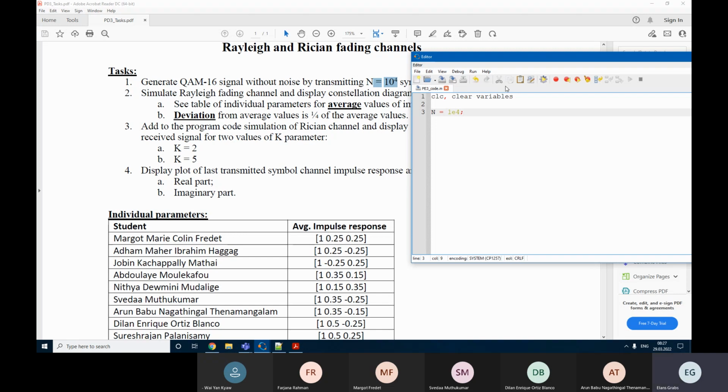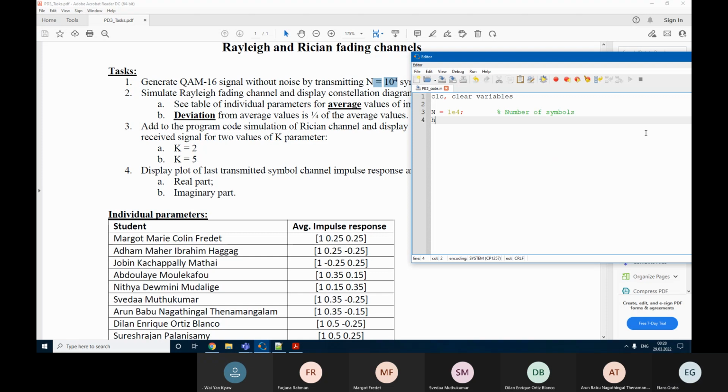Again, this is the number of symbols. Yes, not bits, because as you know, for quadrature amplitude modulation, one symbol contains multiple bits. And we'll get to evaluating bit error rate sooner or later within this course. For now, we are not even going to add any noise, so we'll stick to symbols for this part at least. Yes. Next step is to add the impulse response